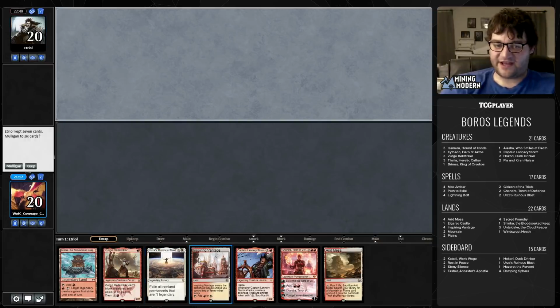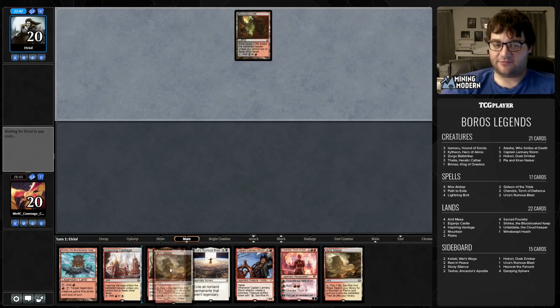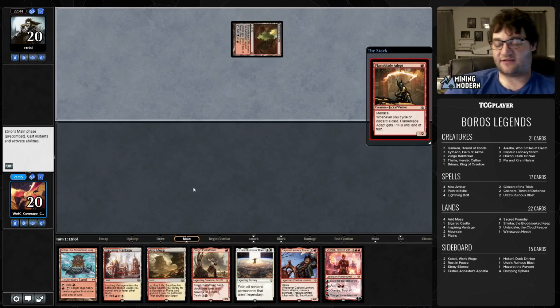Alright, I'm keeping this hand. We have Urza's Ruinous Blast. I feel like that is 1000% the best card in the matchup. So now, of course, we'll see if our opponent actually lets us keep it, but...